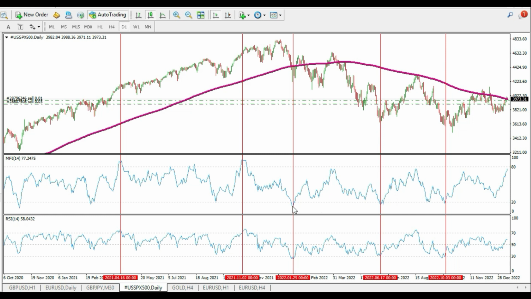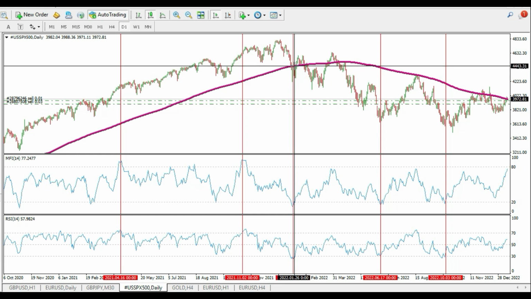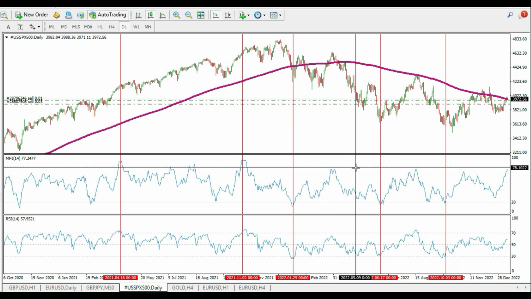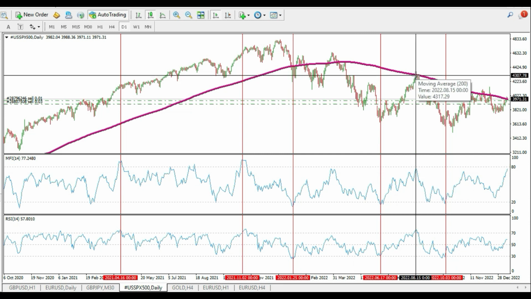As you can see, even then, if you try to buy, you can have a short-term bullish trend. But of course, when the major trend is bearish, you want to sell and wait for some overbought level to sell, as you can see here. Very often the Relative Strength Index and the Money Flow Index are very similar, but like I said, sometimes you can find more overbought and oversold levels using the Money Flow Index,